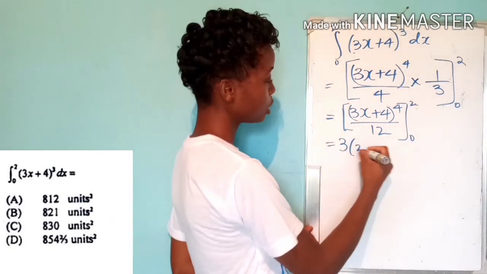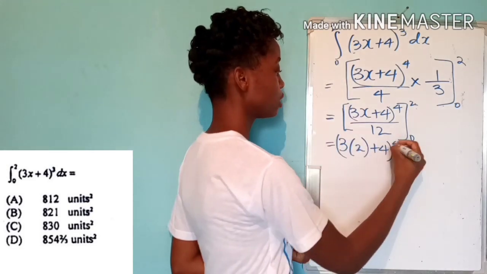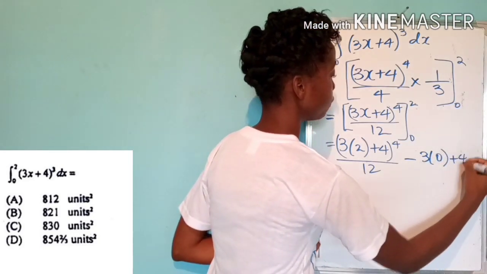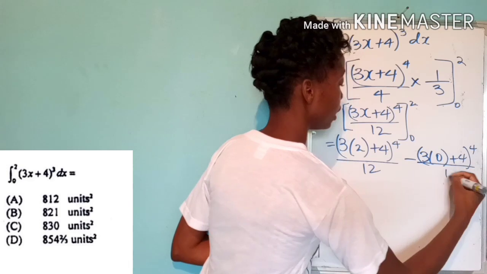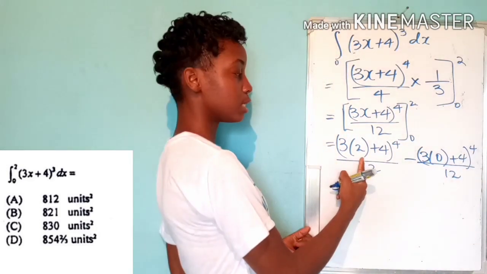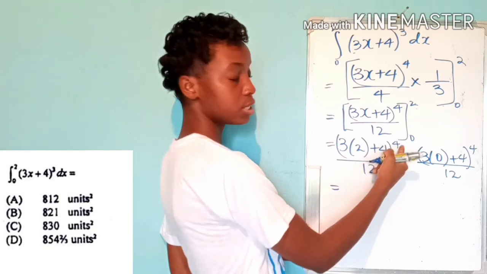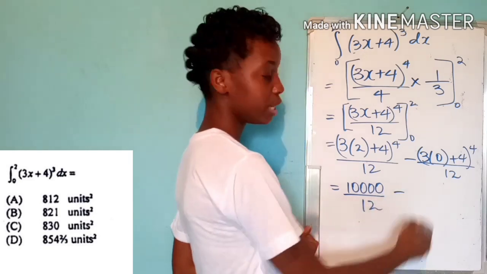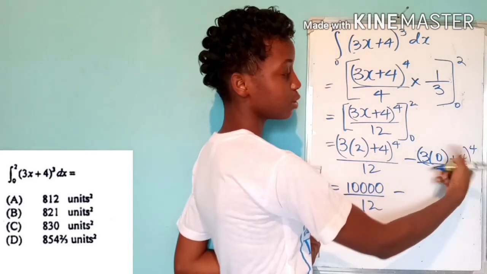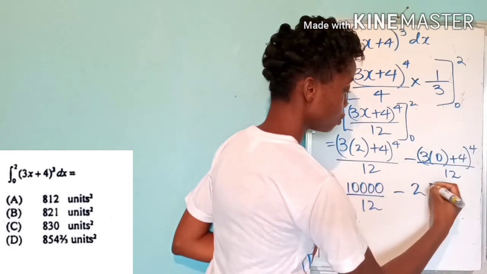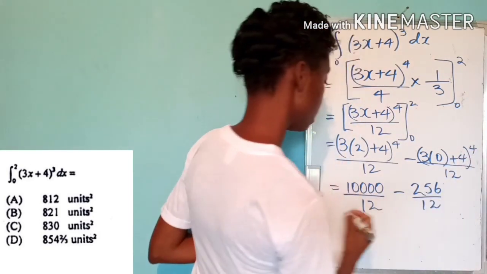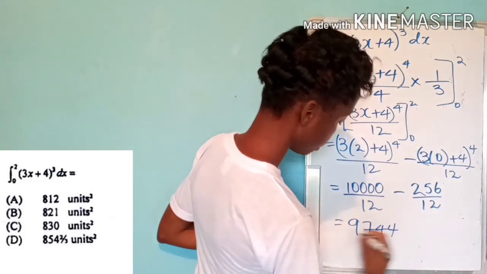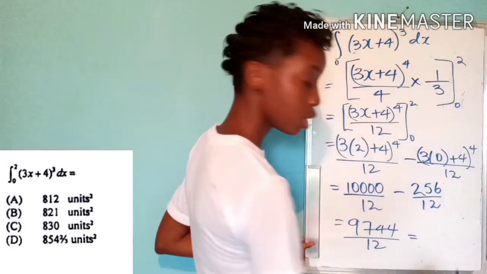Substituting 2, we get 3 times 2 plus 4, all raised to the 4th power, divided by 12, minus 3 times 0 plus 4, all raised to the 4th power, divided by 12. 3 times 2 will give us 6 plus 4, which will give us 10. 10 raised to the 4th power will give us 10,000 over 12, minus 3 times 0 is 0, plus 4, that's going to be 4, raised to the 4th power, which will give us 256 over 12. 10,000 minus 256 will be 9,744 divided by 12, and that will give us our final answer of